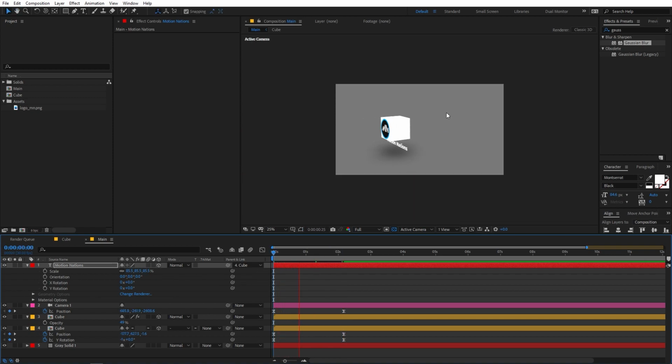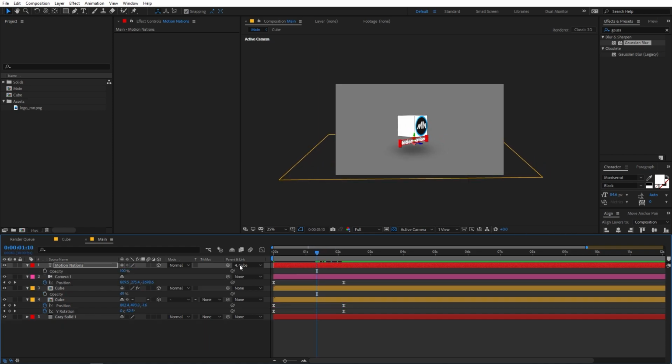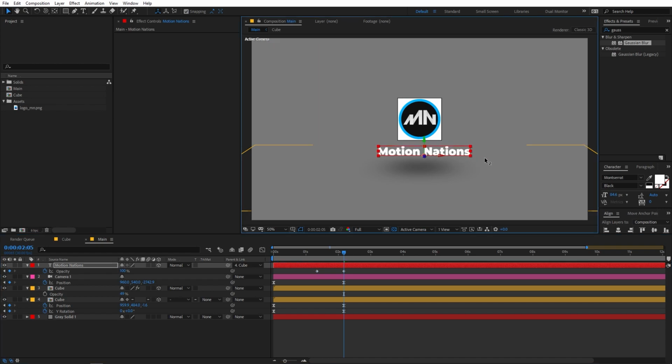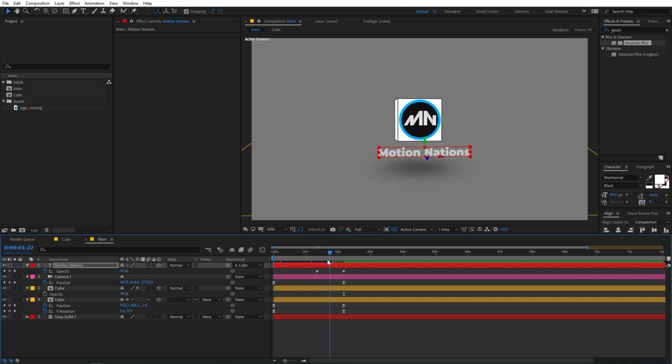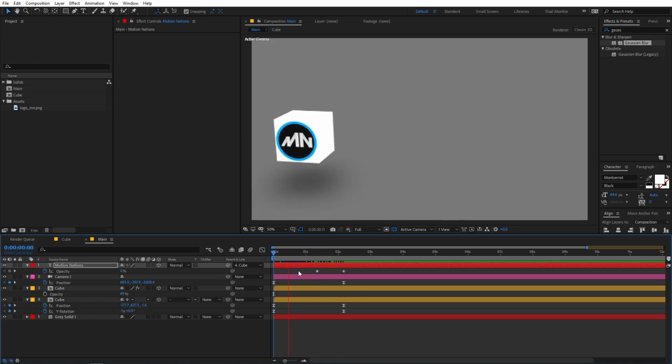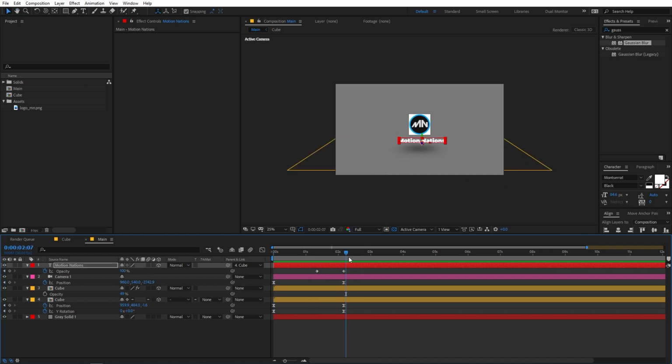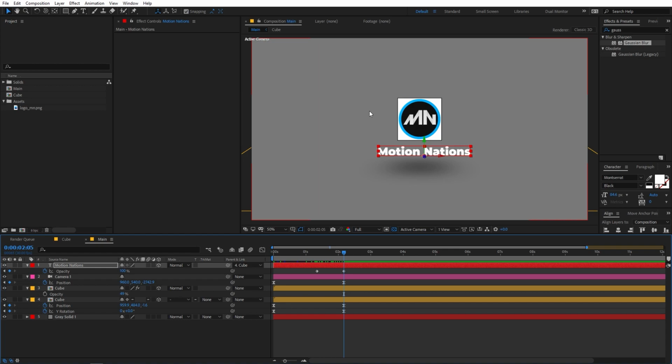And if I play back, here you can see that now we have our text layer, but we only want it to appear somewhere around here. So we can press T for opacity, and let's add a keyframe, and in the beginning let's set this to 0. So now you can see that we have this really nice animation and we have our text. We can probably select this and just move it in the front, something like this. So yeah, now if I play back, here you can see that now we have this really nice text reveal at the end, and we probably want to get rid of this white background.